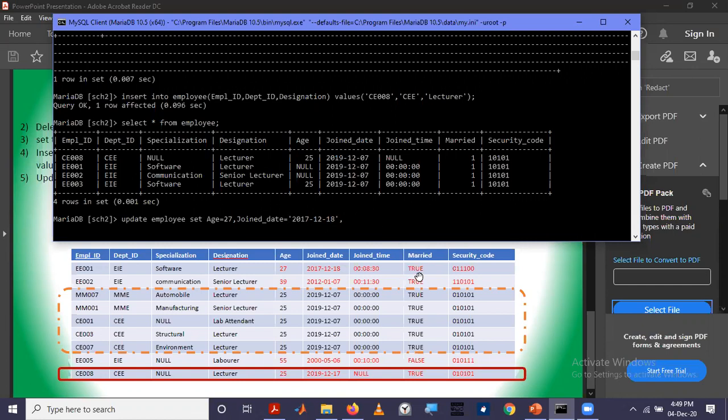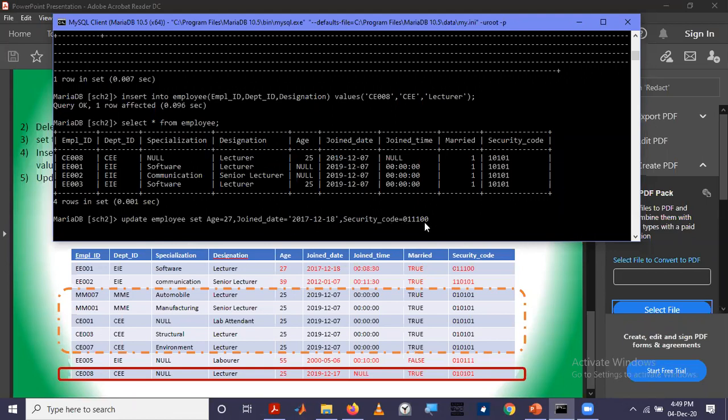Then this is not changed, so we don't want to change it. This is changed, so security code equal 0111100. So we update this table and set these values.